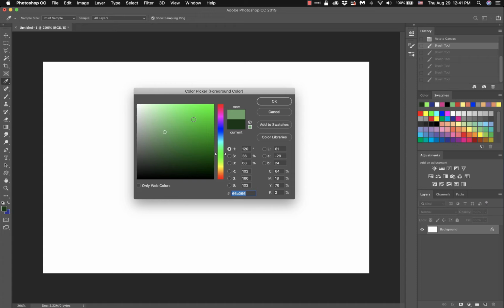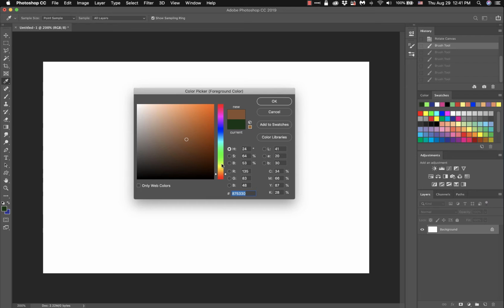I can also hold down my left mouse button and drag it around, and you'll get more of a real time change. If you keep your eye on here while I drag the mouse around, you get a real-time change in colors. Okay, so you can do that. Hold down your left mouse button and just drag around. And when you are ready to accept the color, hit OK, and the current will change to the new color. Now if you want to change the actual color itself